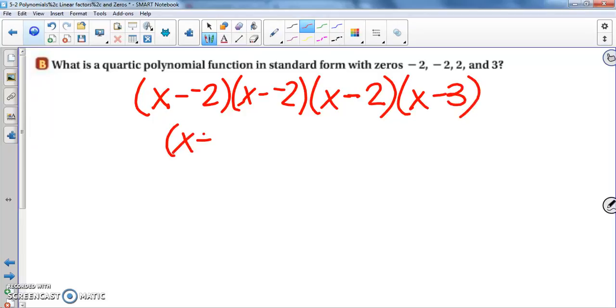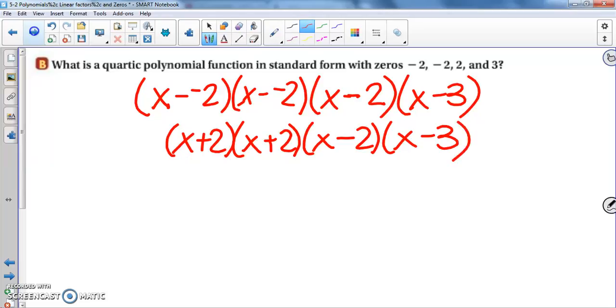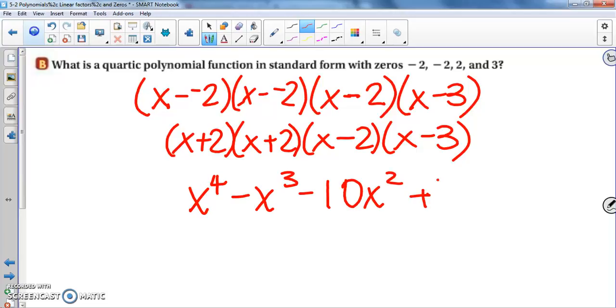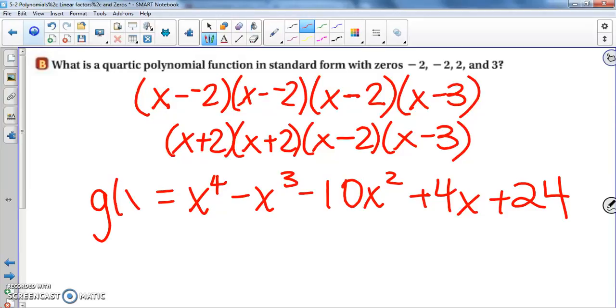So I have x plus 2, and the standard form of that is x to the 4th minus x to the 3rd minus 10x squared plus 4x plus 24. Is the function. And if we graph both of these functions,